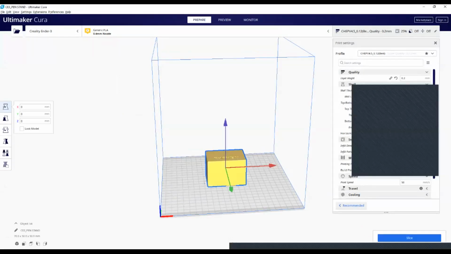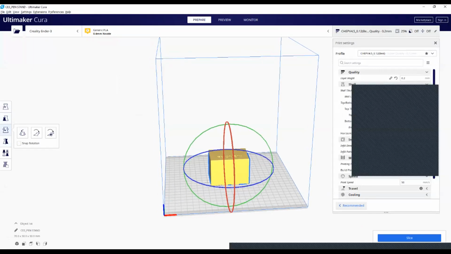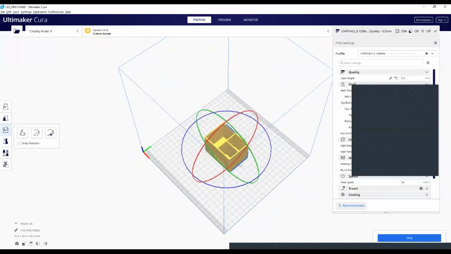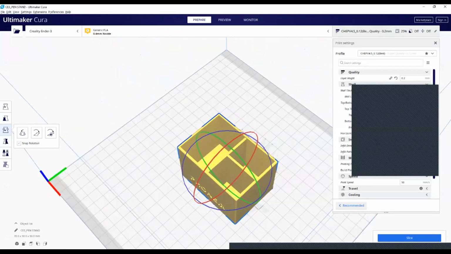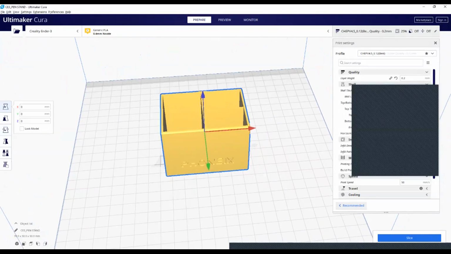So we got our pen stand. I'm going to rotate it 90 degrees. Okay, so that's our pen stand. Let me show you from here.